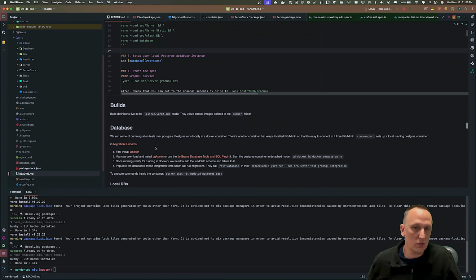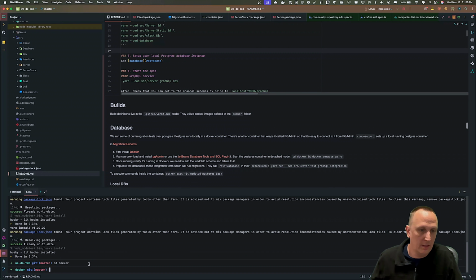So Postgres runs in Docker containers locally. Let me show you that real quick. I gotta fix some of this. It's kind of okay. So if we go to the Docker folder, you have to go to the Docker folder. So let's actually CD there first. CD to Docker, and then